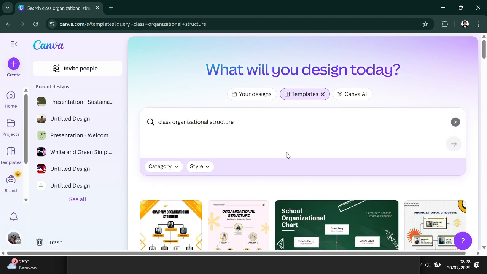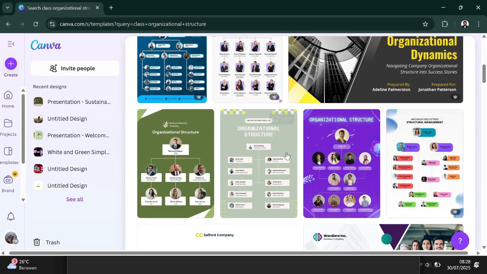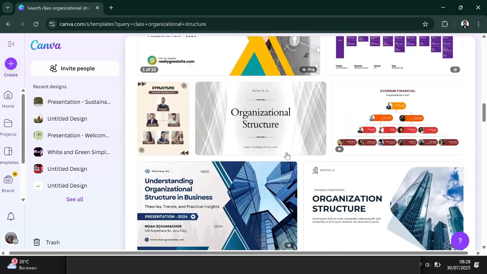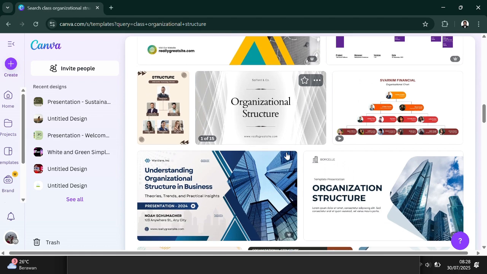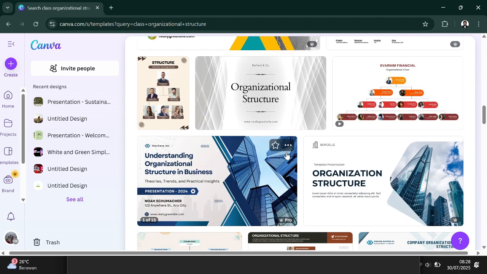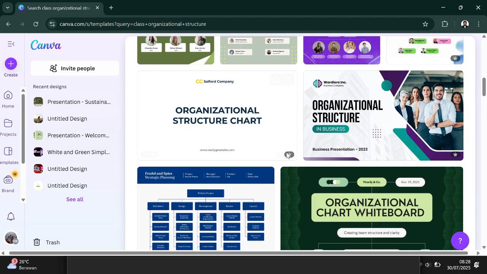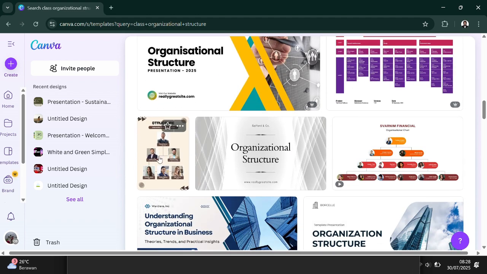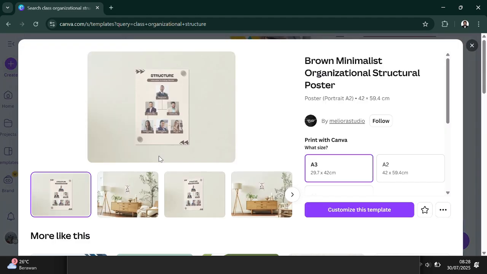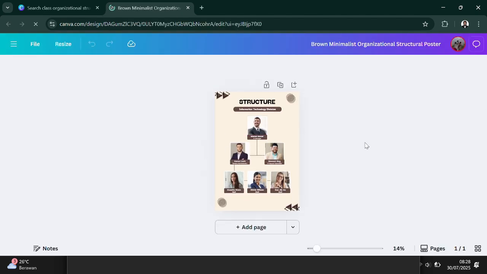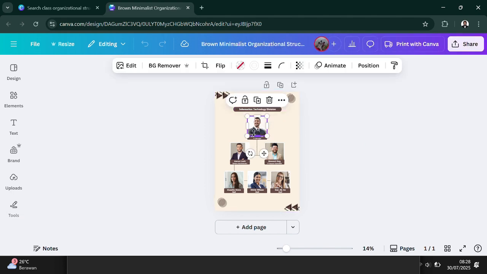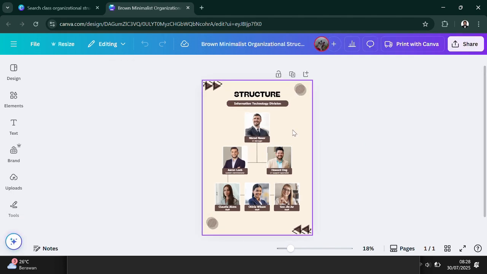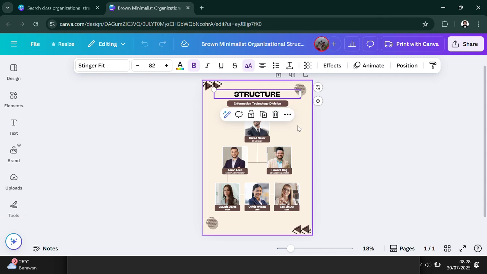Okay, and there will be a lot of templates that we can use, and I'm just going to choose one of them. You can choose the template which is suitable for your class. For example, I'm going to choose this one, the brown minimalist organizational structural poster, and I'm going to customize this template. Okay, and then we can replace the photos in the template with our own photos, and I'm going